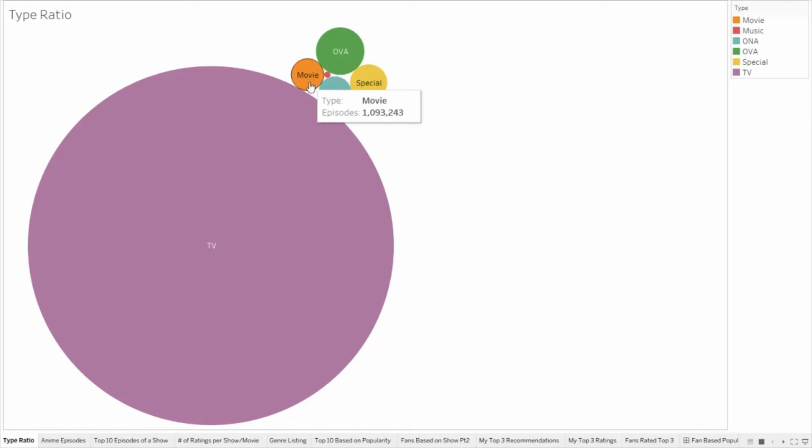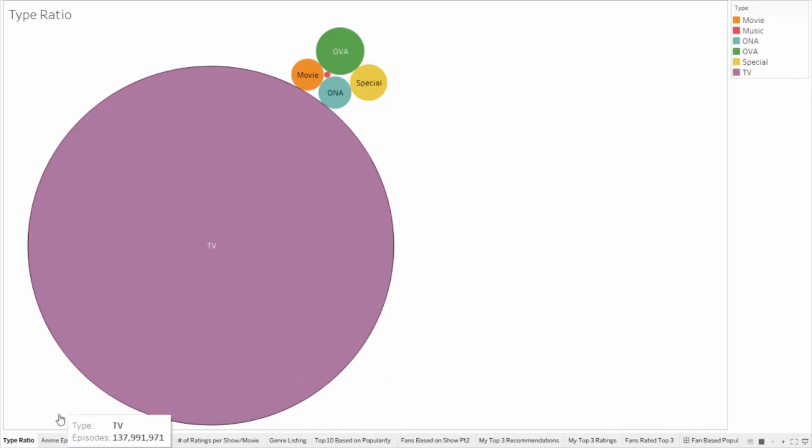Next we'll go into movie, which has almost 1.1 million in this listing, which is pretty impressive. I've probably only seen like 10, maybe 12. And the last listing is music, which has 42,000. I've never seen a music anime, nor have I ranged out to look into it, but I might want to research more on what this looks like.